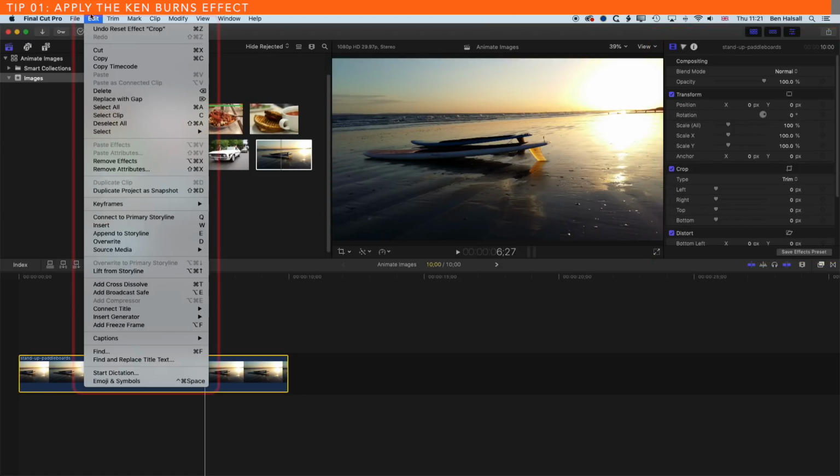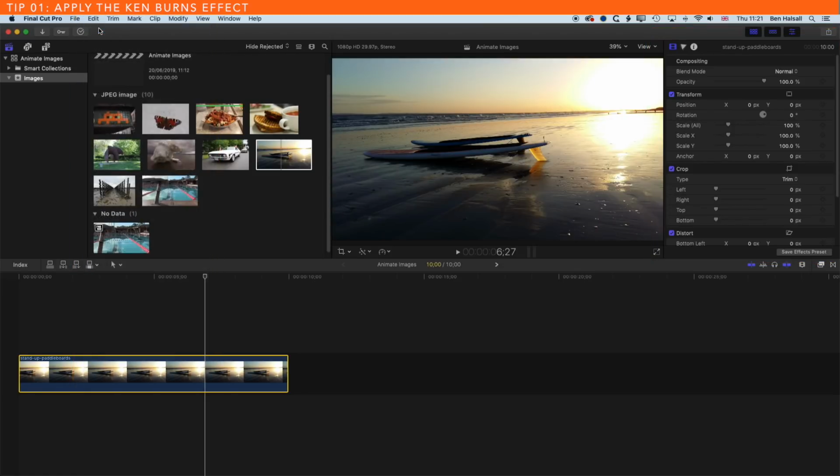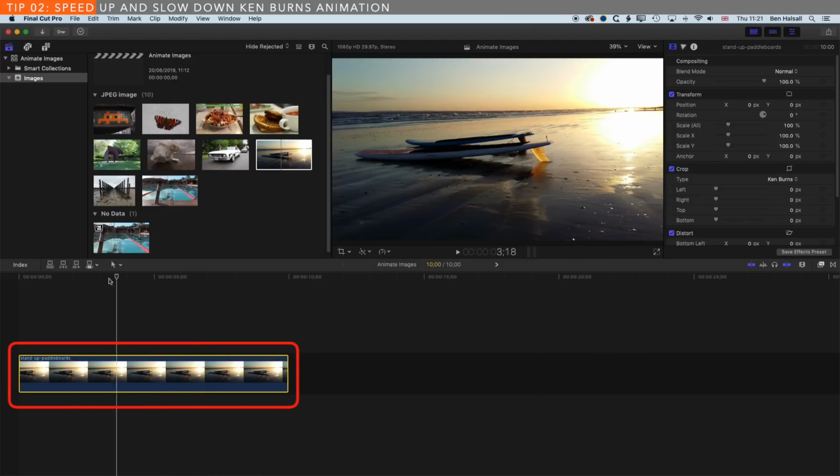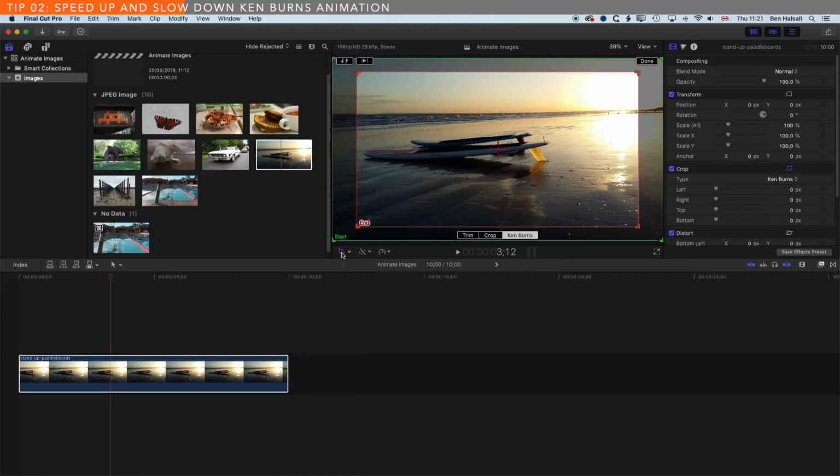So I'm going to undo that. We want the Ken Burns effect on this clip, and now we're going to dive into tip number 2, and that is how we speed up or slow down the Ken Burns effect. Now this is really simple. It's dependent on the duration of your clip and also the amount of zoom that you have in your Ken Burns effect. So to speed up on the 10-second long clip that we have here, we would reselect the crop